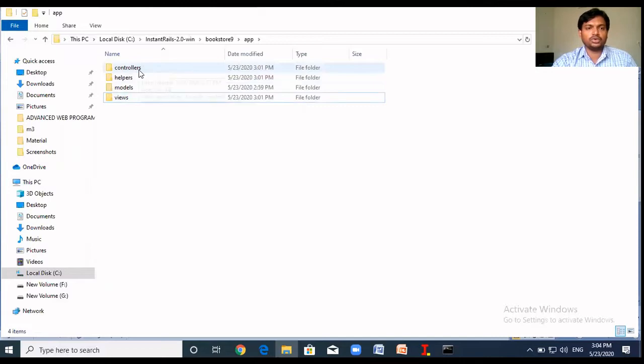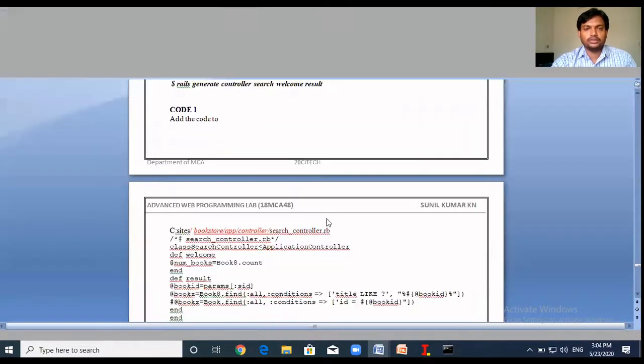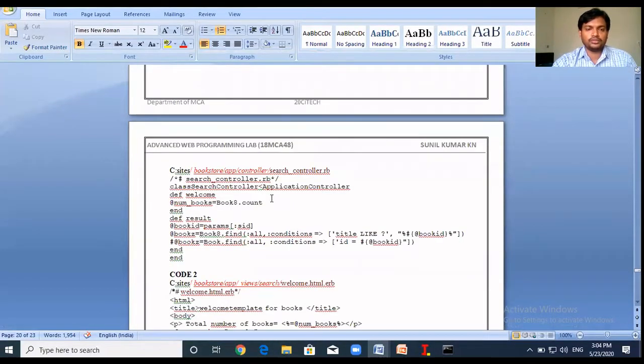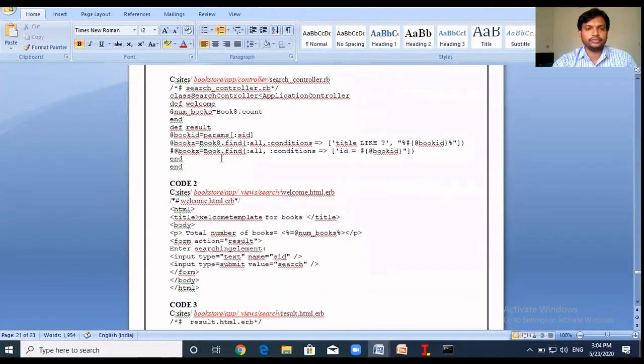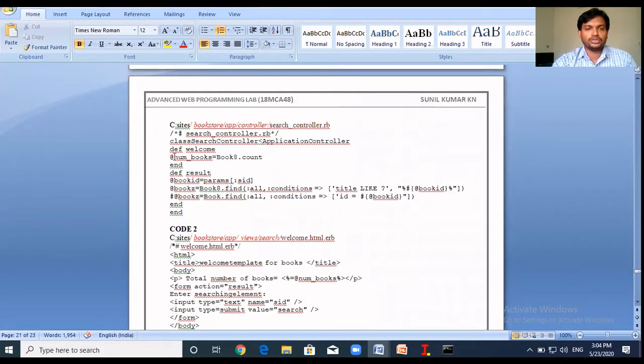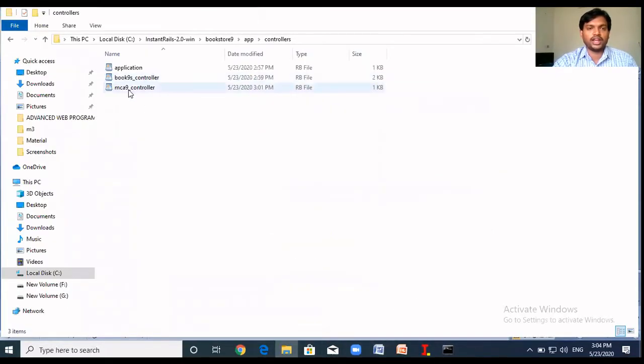First we go to the controllers. For this application, we need 3 coding functionalities. The code one, we should place it in the controller. Just copy from the manual, copy it and go to this controller file and place this code.